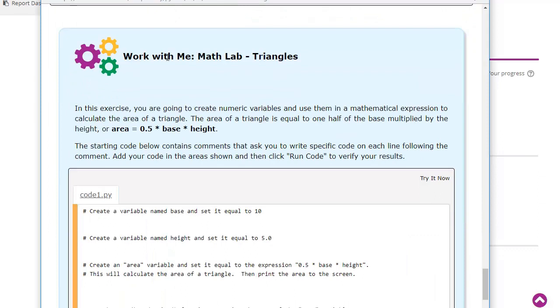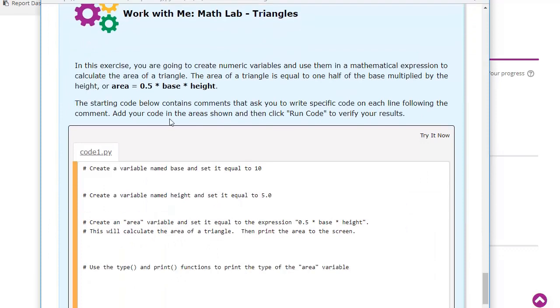And you're probably familiar with our Work With Me exercises. These blue sections are found at the end of most of our lessons, and they are intended as hands-on exercises that the students can do directly after reading the lesson text. With our in-browser Python engine, they can do these exercises without having to go out to a locally